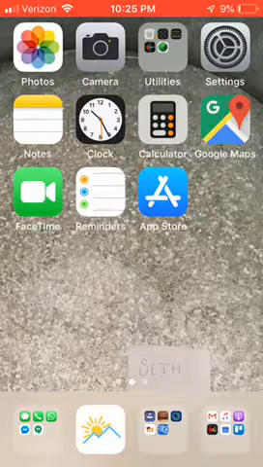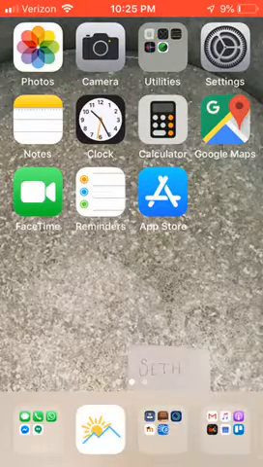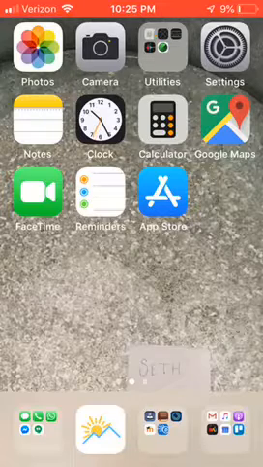Hi, this is Rue Solutions, and today we are going to be looking at the iOS accessibility tool for vision,